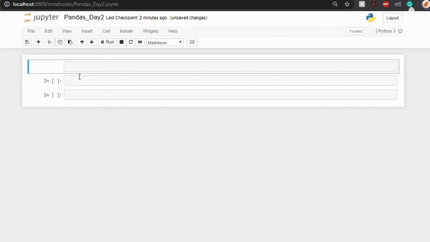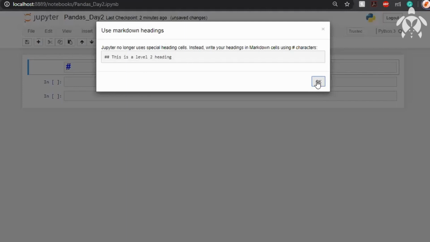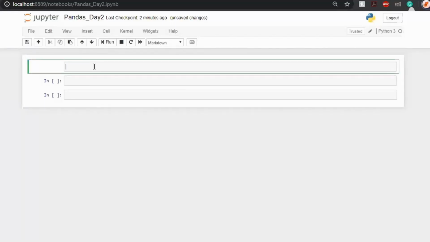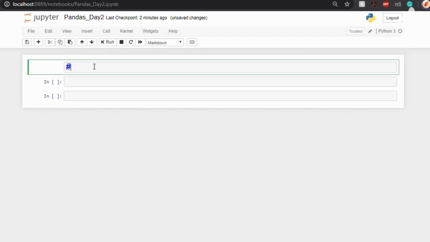So I have a cell here. In the cell, click on this. This is where markdown is written. By default it will be code only. You can do markdown or you can do heading. So we can write anything inside the cell, with any font size and those types of things. I'm clicking on heading. It will show markdown only, but in heading we write using hash here.